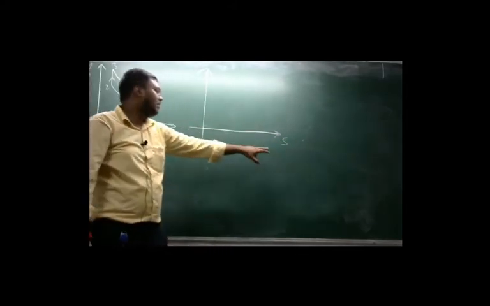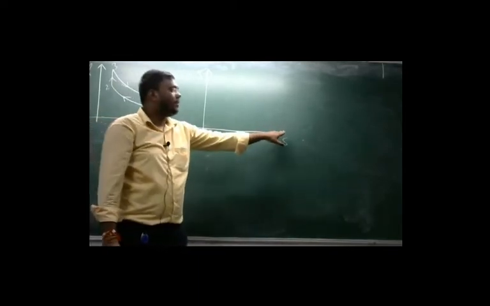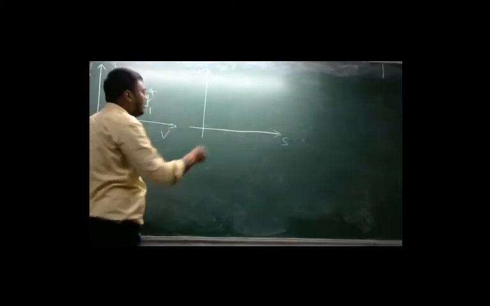So from 1 to 2, this is the reversible adiabatic compression process. In the previous class we have studied that 1 to 2 is reversible adiabatic compression, which is also known as isentropic compression. Isentropic means entropy is constant. Entropy is constant means from 1 to 2 the value of S should be constant. This is the entropy axis. So if your entropy is constant, then the process from 1 to 2 will be a straight vertical line. So this process, which is represented by a curve on the PV diagram from 1 to 2, is represented by a straight vertical line on the TS diagram.